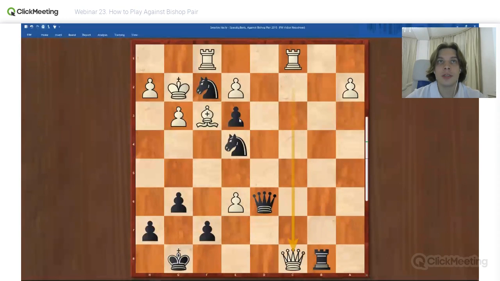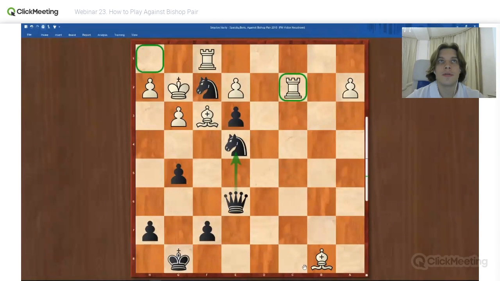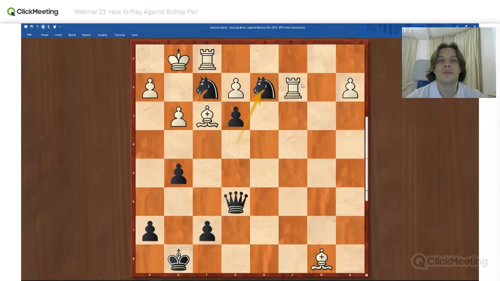But we can just take on e6, keep the protection of this rook on c8. Bishop b8, rook c2, rook takes c2, and g5. Everything is protected, and our goal is to play g4 to force him to take on e4. King g1. No, you see, if not king g1 or if not a rook move, then g4 he takes, queen a4, and this is a fork. That's why he plays king g1, knight d2.